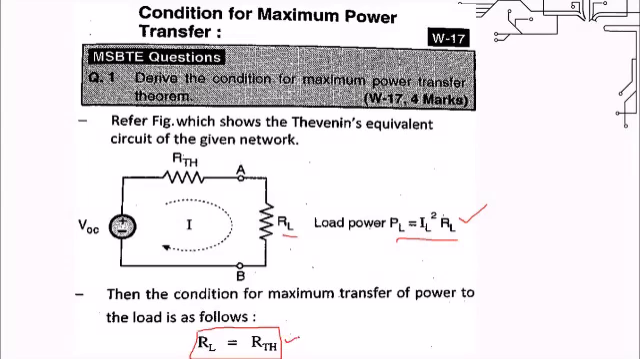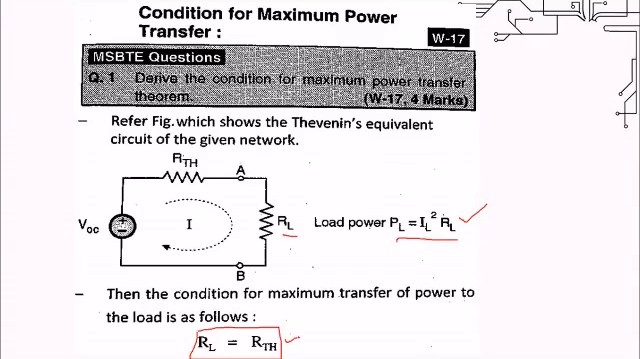This is the condition RL is equal to RTH, and how this condition is derived we are going to see here. While writing the answer to the question on the condition of the maximum power transfer theorem, in the initial part we have to draw this circuit diagram